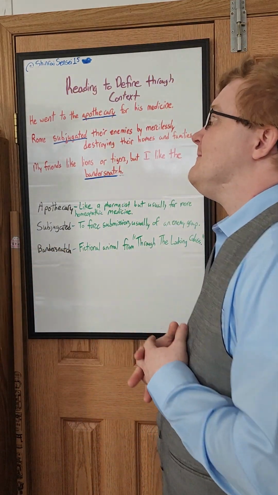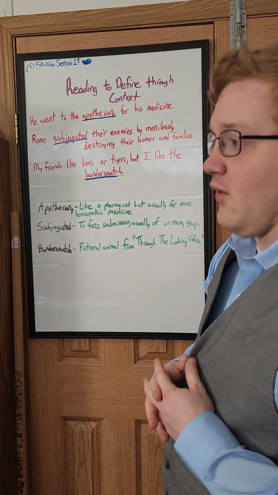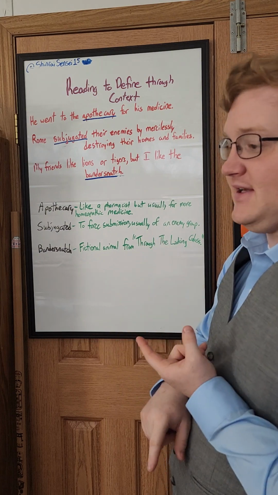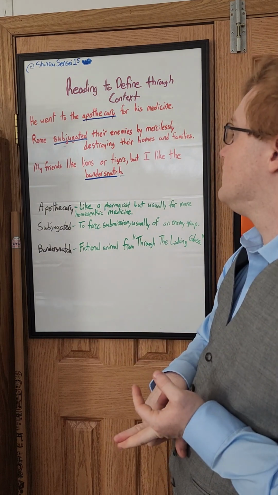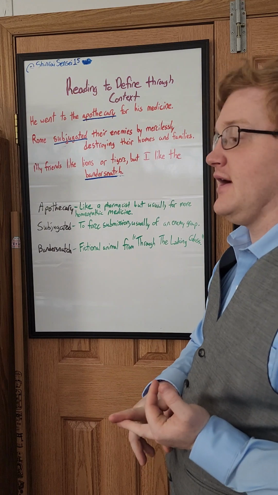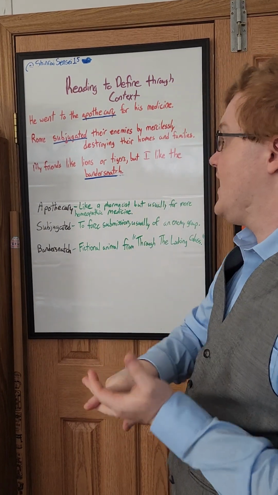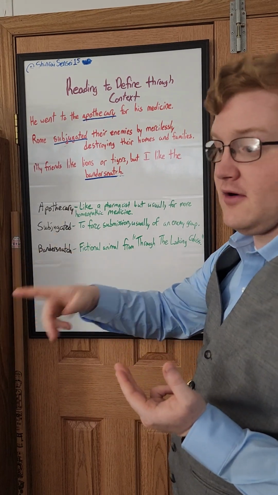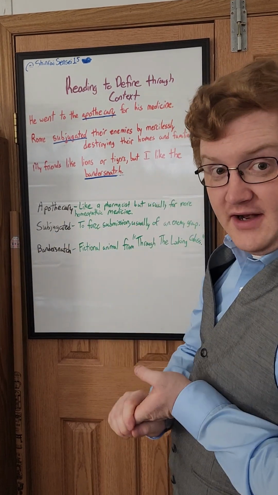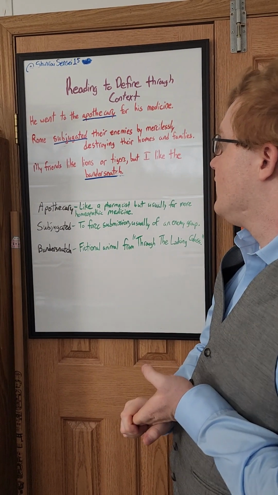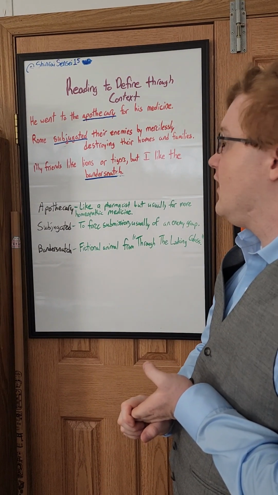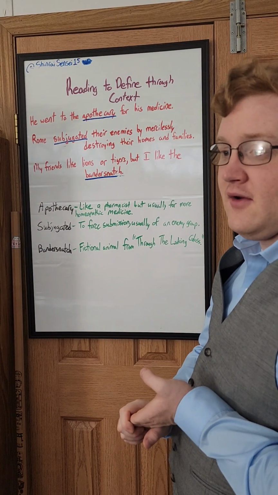So reading for context is better for words that are like adjectives, verbs, or nouns, right? You're trying to say, oh yeah, this thing, or hey, this action, or hey, this describing word, right? Those are good for reading for context, but reading for context for like African wild dog, well, you